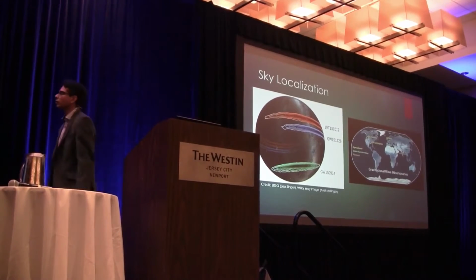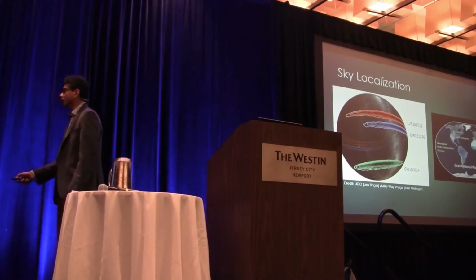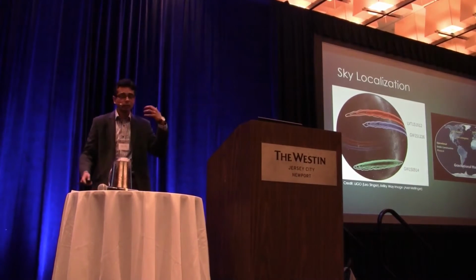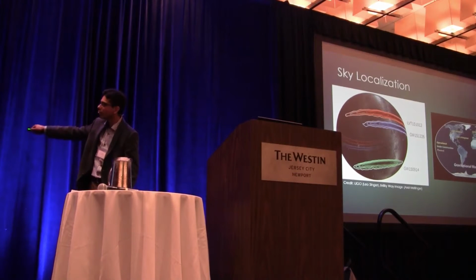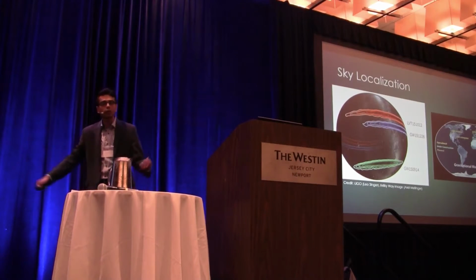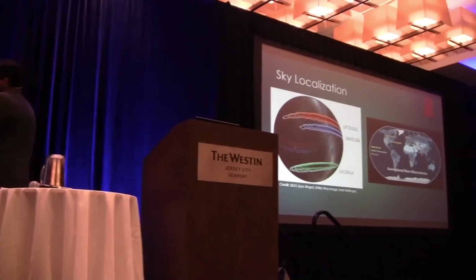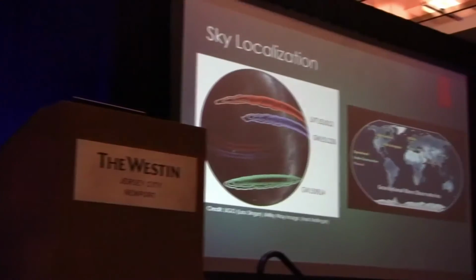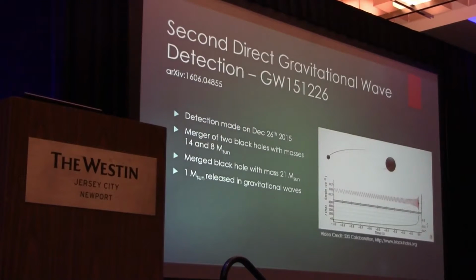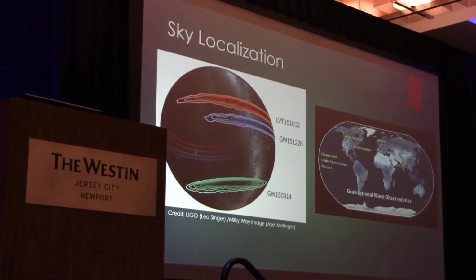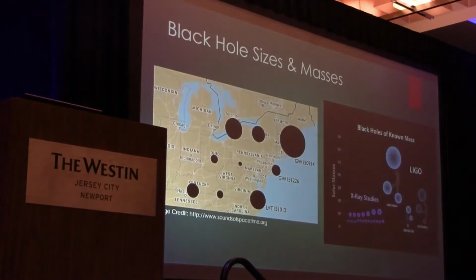In a few months' time, a detector called Virgo, in Italy, is going to come online. The presence of the third detector is going to break this degeneracy. You would have another ring over here, which is going to intersect that, and then you would have a very good localization of the source. There is also a detector under construction in Japan called KAGRA, and there are plans for another LIGO detector to be built in India, LIGO India. Once these detectors come online, the localization will become very, very precise.